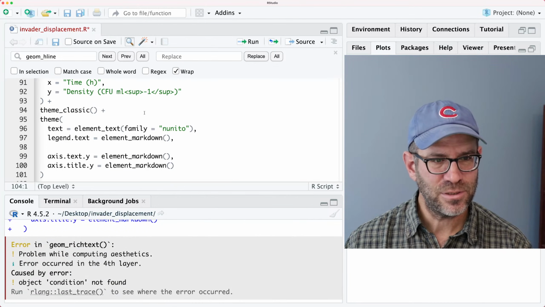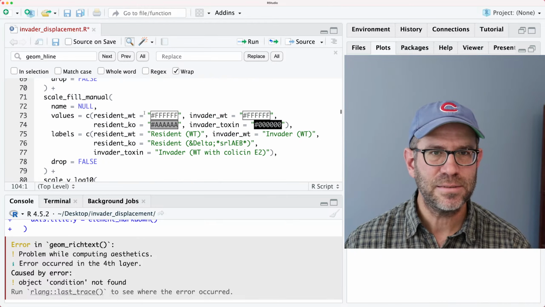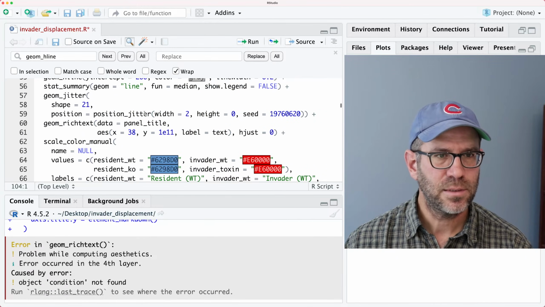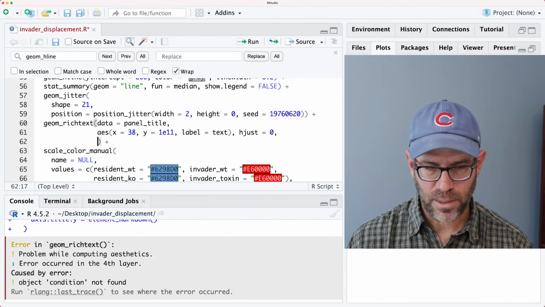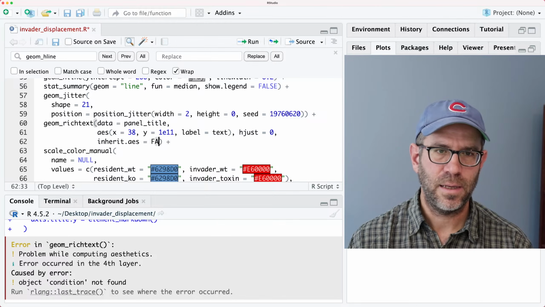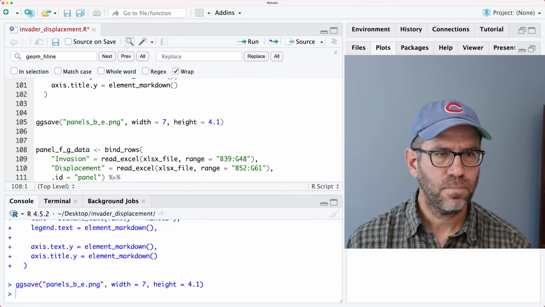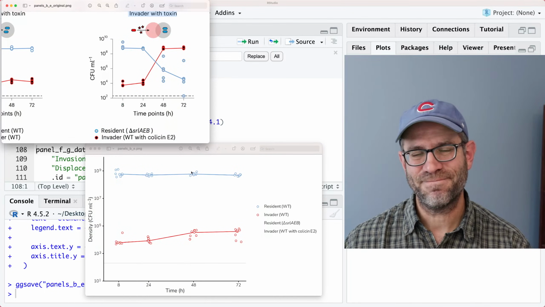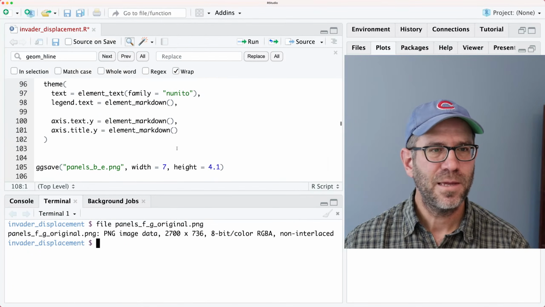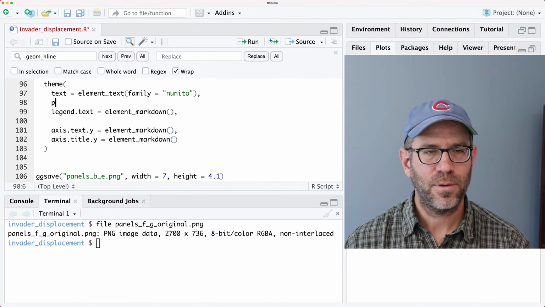problem condition not found. Oh, and that's because with geom_richtext, I'm bringing in my own data panel and I'm using my own aesthetics. So I want to go ahead and do inherit.aes equals FALSE. And so we don't see it because there's no room up the top to see it. So to make room to see it, I'm going to go ahead and do